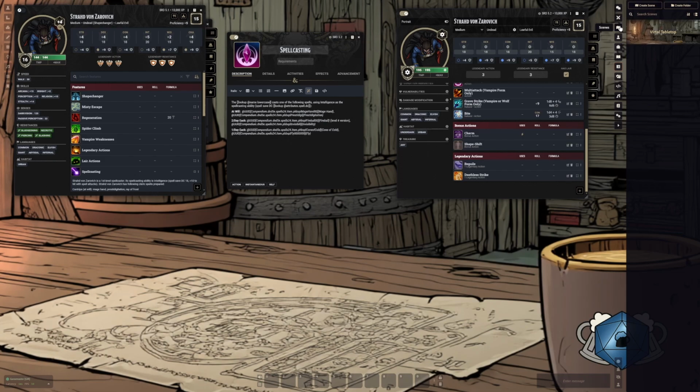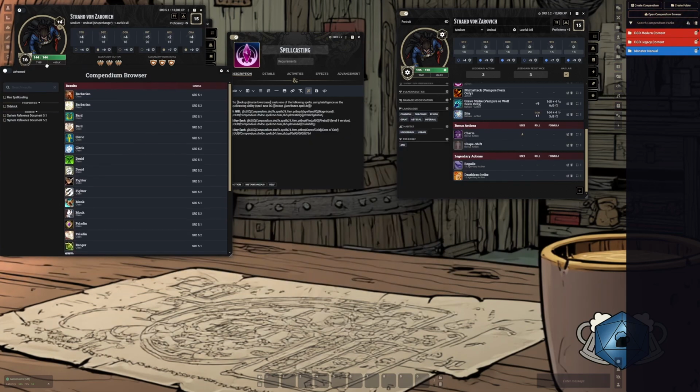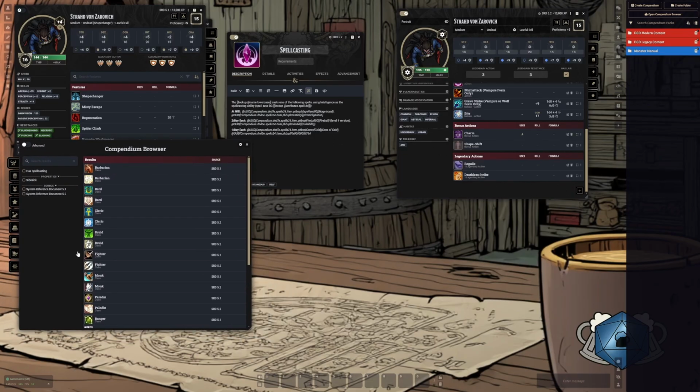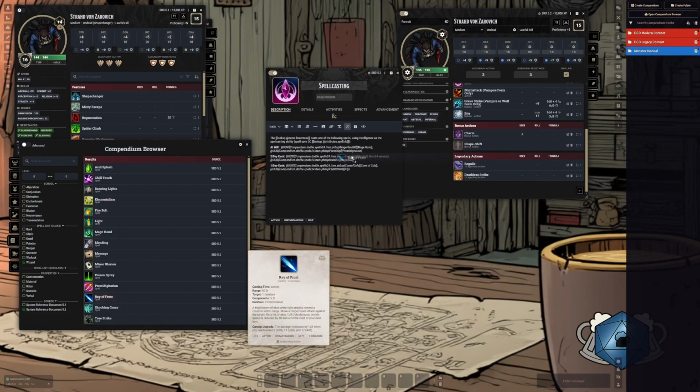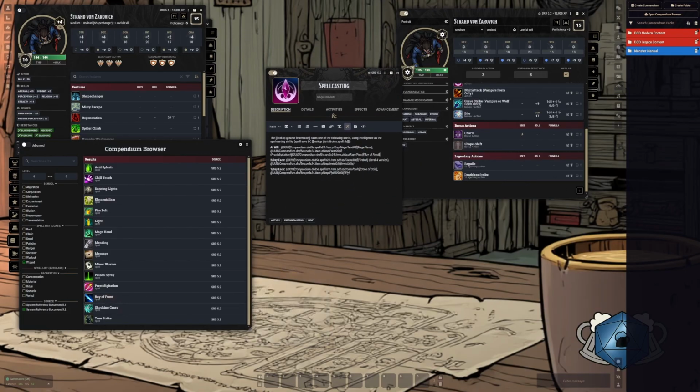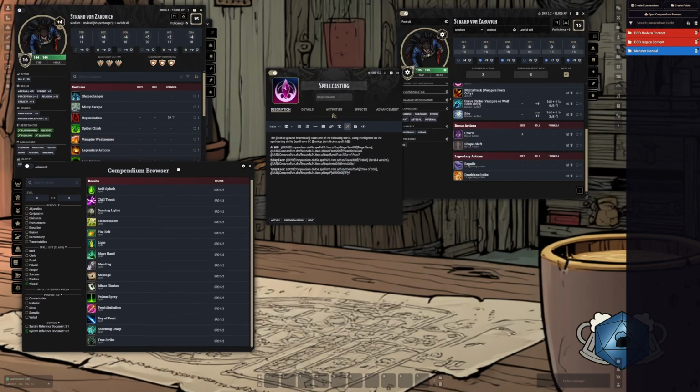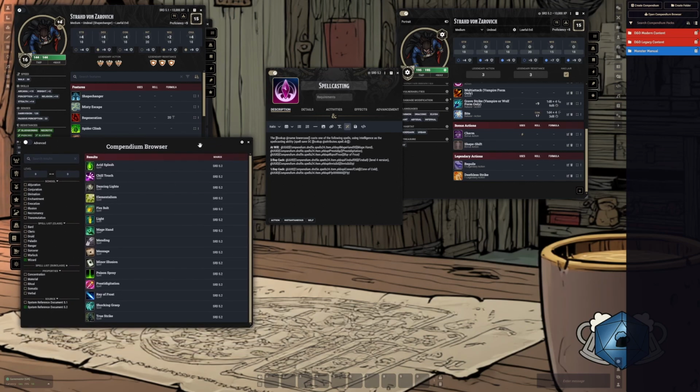And then we want to look up the 2024 version or the SRD 5.2 spell list. So we'll open the compendium, go to spells. We want 5.2 version 0. He's a wizard, so let's filter to wizard. And now we can pull these spells over. Ray of Frost. And then what are we putting as the other 2 first level spells that would be